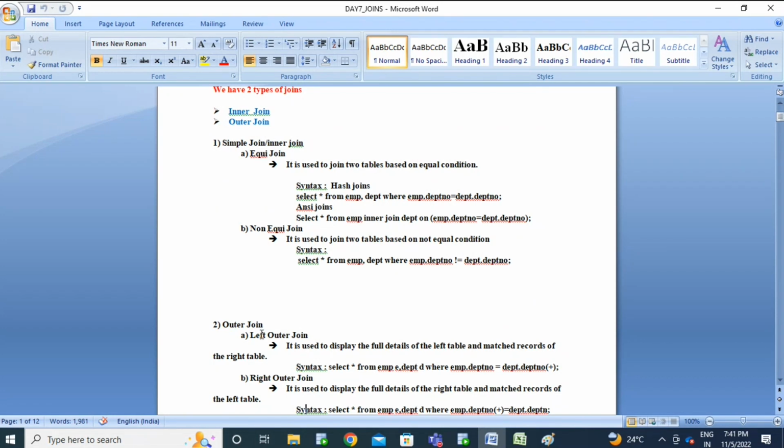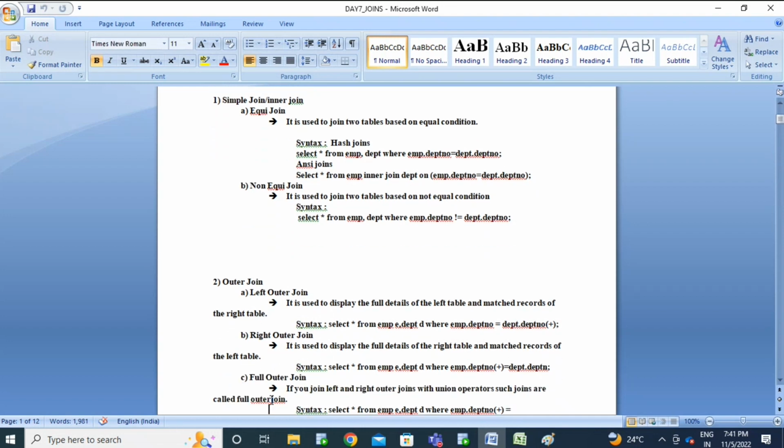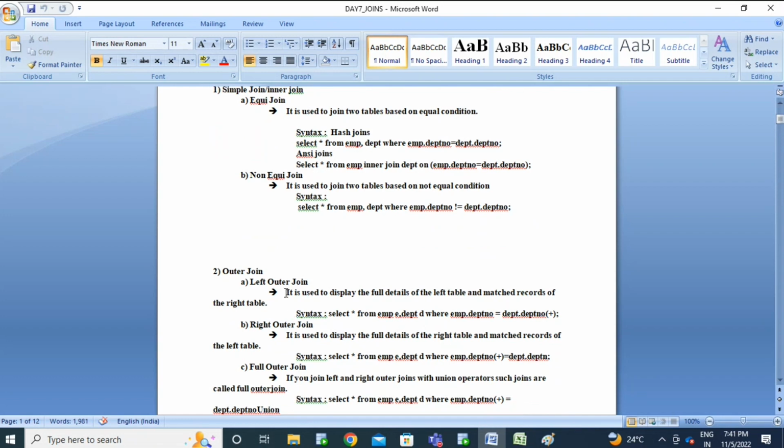Coming to the outer join, we have left outer join, right outer join, and full outer join as well. The left outer join is used to display the full details of the left side table and matching records of the right side table.